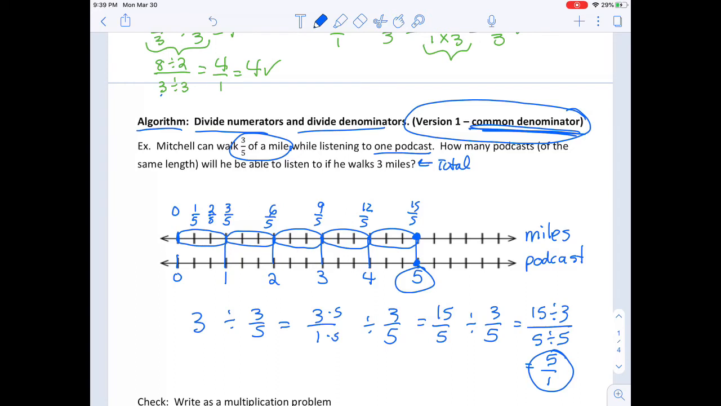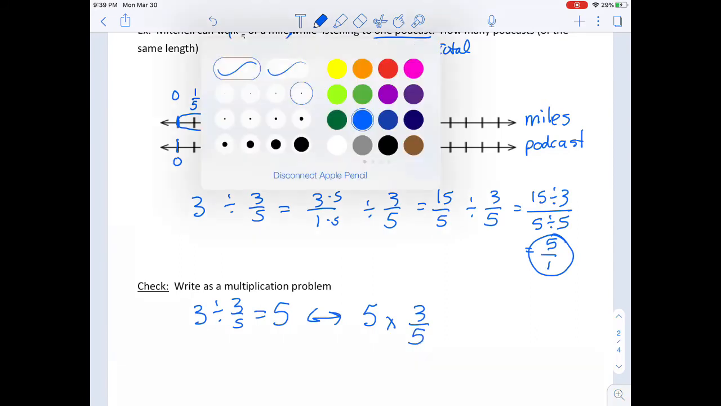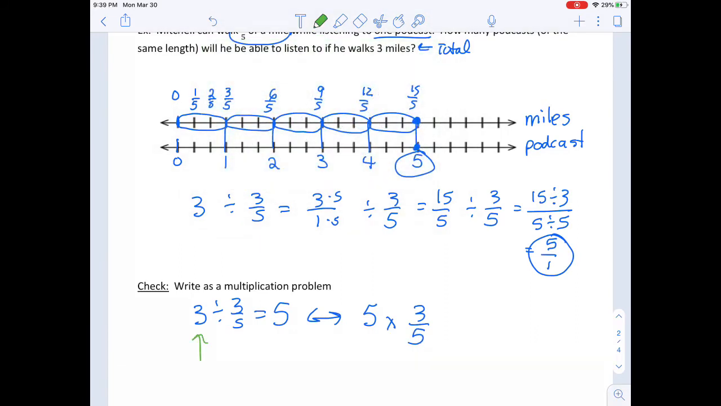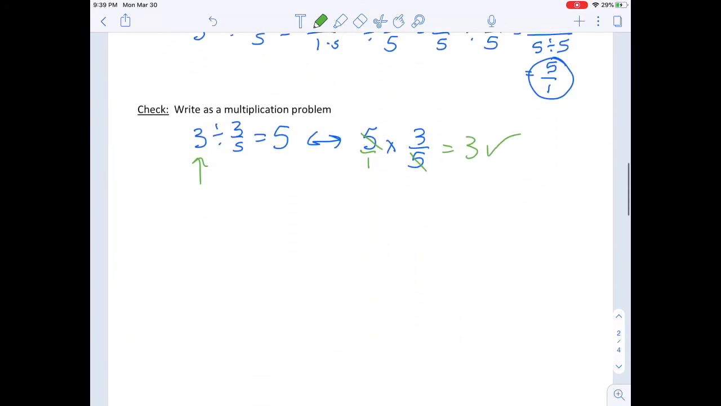I can check this. 3 divided by 3/5 equals 5 means that 5 times 3/5 had better give me 3. I can just cancel, and indeed I get 3. I don't actually have to have a common denominator. I can just divide numerators and divide denominators. This algorithm is particularly efficient when we have a common denominator or when we have a situation like this next